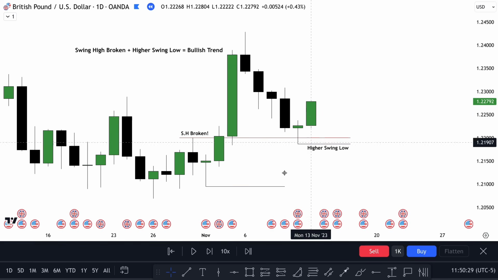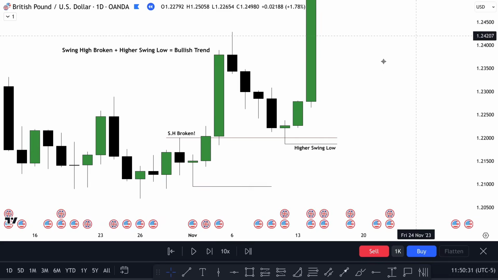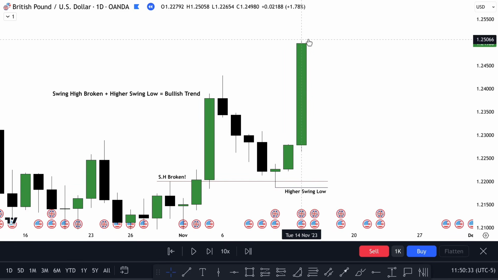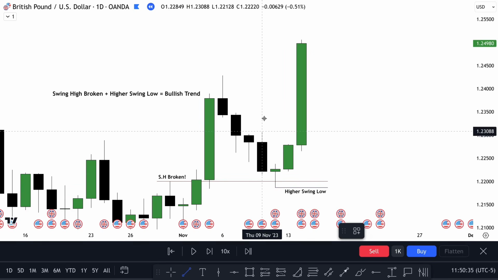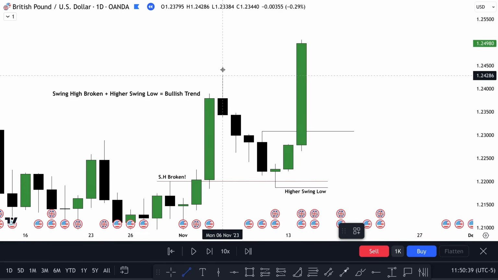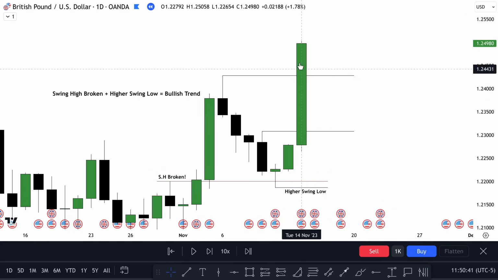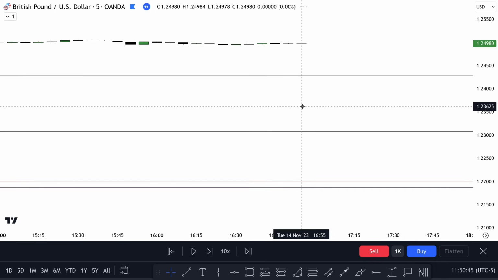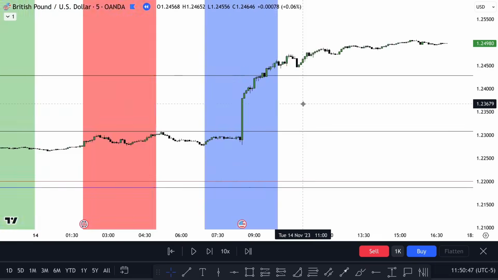Let's see what unfolds. You can see the price action shoot straight up. You can see it's chasing buy side liquidity above swing highs. So we have one here and we have one here. Let's see what happens on the lower time frame, on the 5-minute. So looking at the 5-minute,